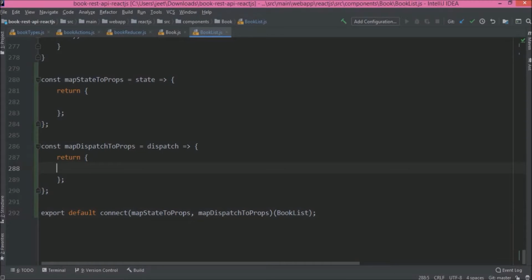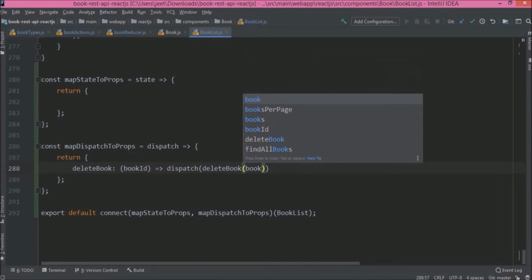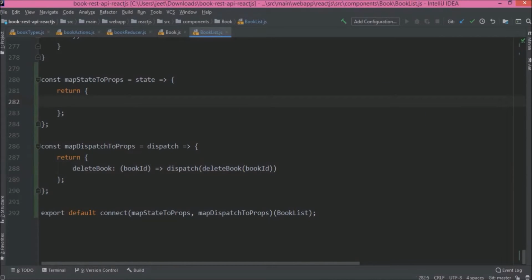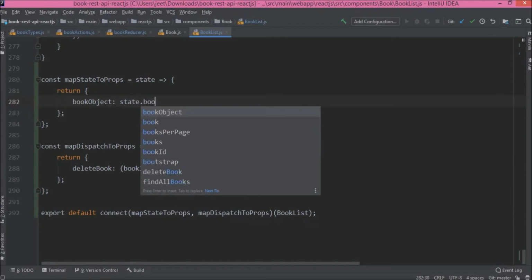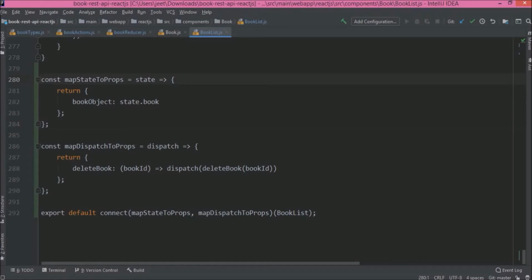Now let's call delete book method of book action in map dispatch to props. Okay, so these changes are done.